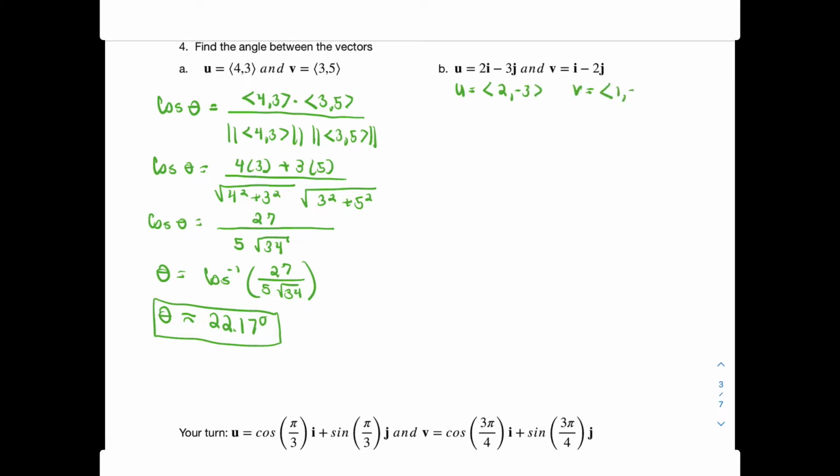First thing we need to do is rewrite this into component form. Then we're going to use our angle formula. The formula to find the angle between two vectors is the dot product of u times v divided by the magnitude of vector u times the magnitude of vector v. Simplifying this down,